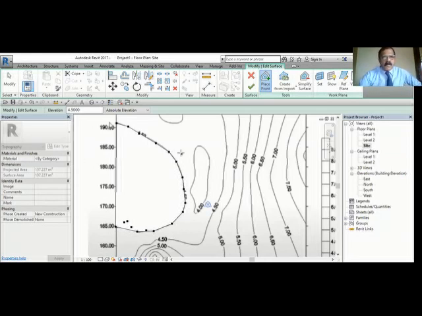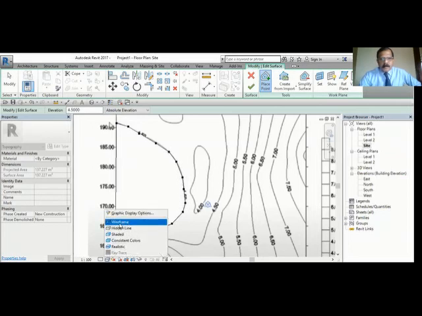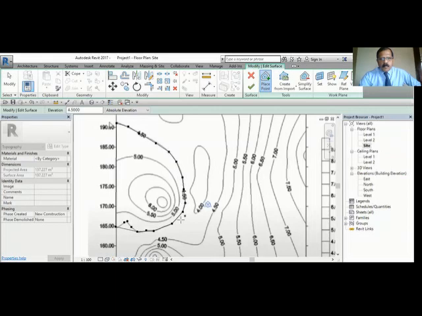Okay, so I created the contour for 4.5. The problem is I can't see the contour at the bottom here. I can't draw on top of that. So what you have to do is change your visual style to wireframe. It was in hidden line, that is why you can't see. Make it wireframe, so I can see the bottom now.